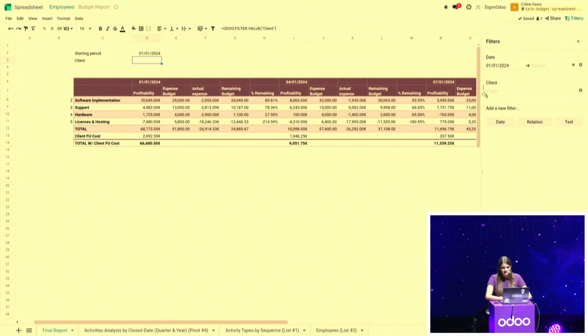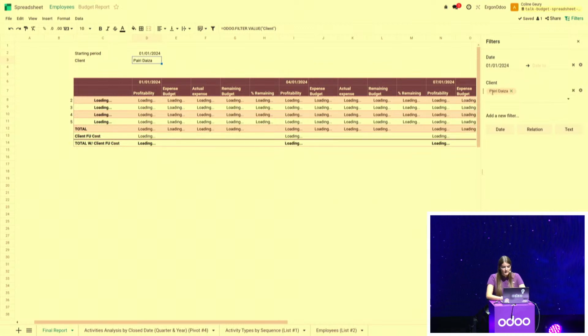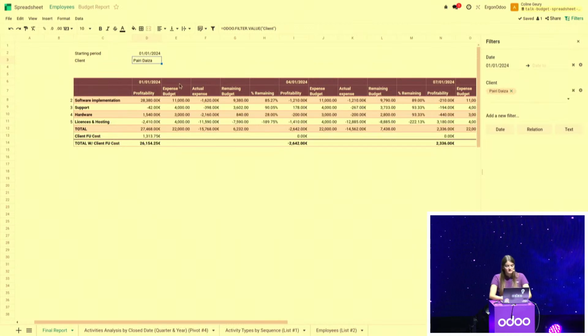So let's test it. Let's take my client Paradisa. And I see here all the data are adapted for the client Paradisa. And I said, for instance, I had more than 1,000 euro of client follow-up cost for the first quarter, which is quite a lot. And it reduces my